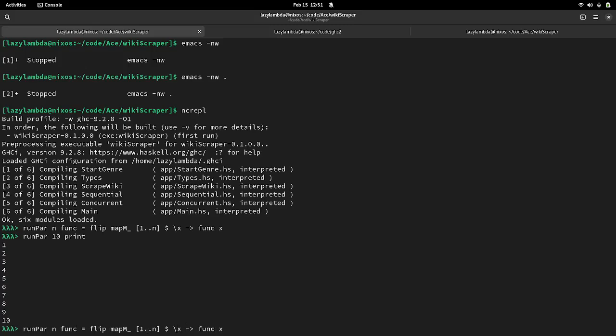So say you've got 10 threads, so do that forkIO 10 times and have each one of them just run the same operation of incrementing the TVar by 1, and then see what happens.